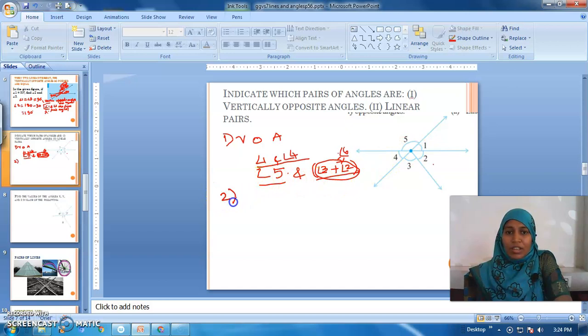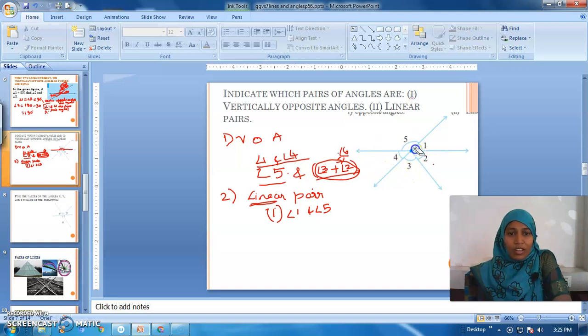Okay. In the second question, we are going to find linear pairs. Linear pair, in the sense, what should I look for? I should look for a straight line. So how many straight lines can you find here? 1, then this one 2. Okay, so I can list out many. First let me say about the first pair. When I consider this top line alone, angle 1 and angle 5 are linear pair angles.